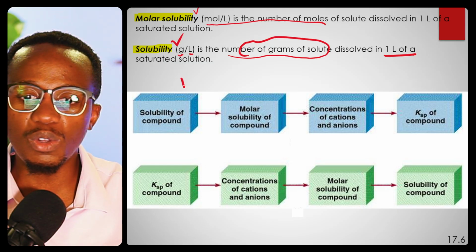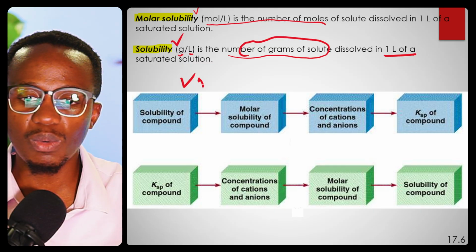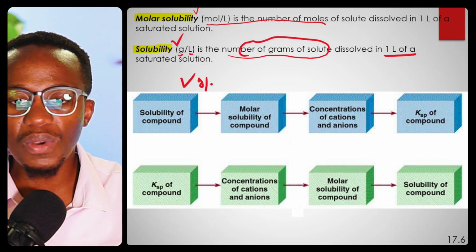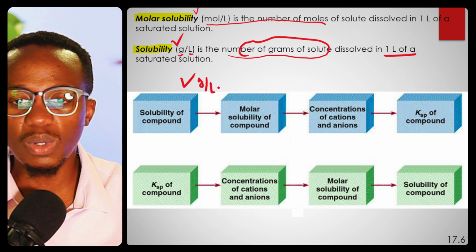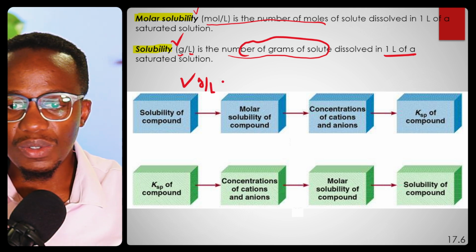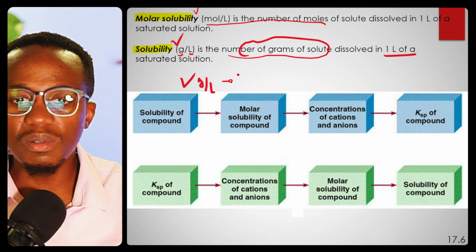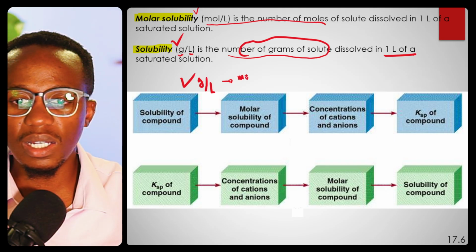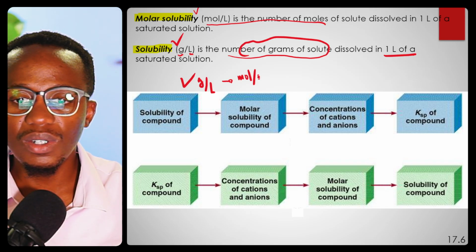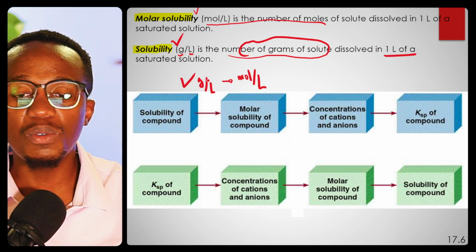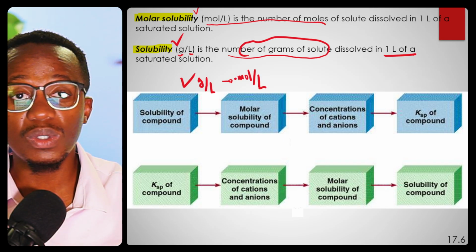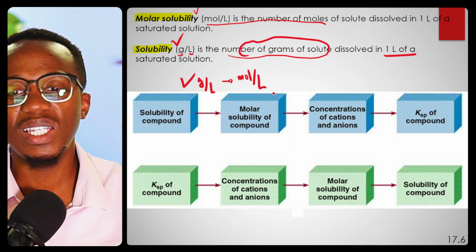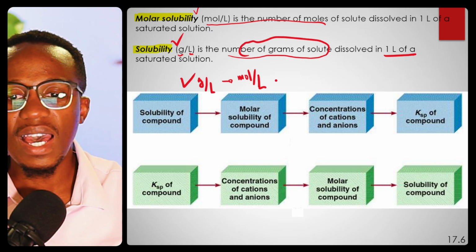So if you have the solubility of a compound, which is grams per liter, this is showing you how you can convert things, right? You can turn it into molar solubility, which is moles per liter. How are you going to turn it into that? You should know, because to go from grams to moles, what do we use? We use the molecular weight from the periodic table, right? And then from there,